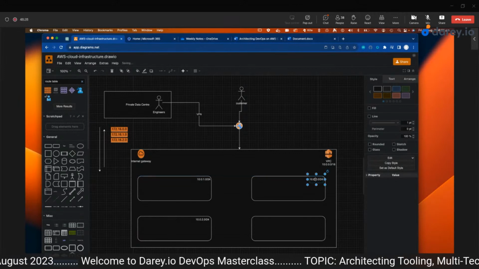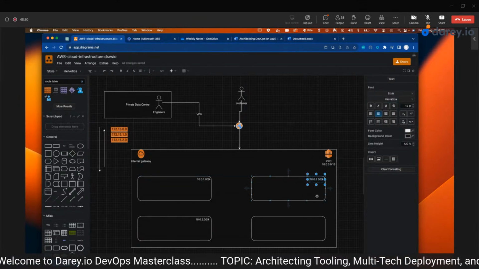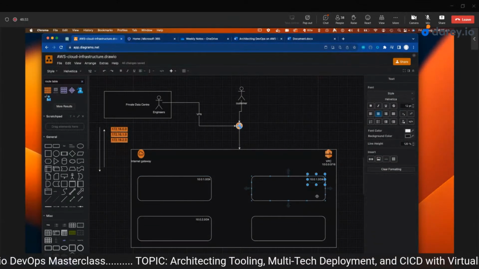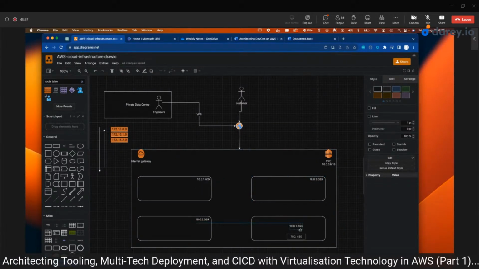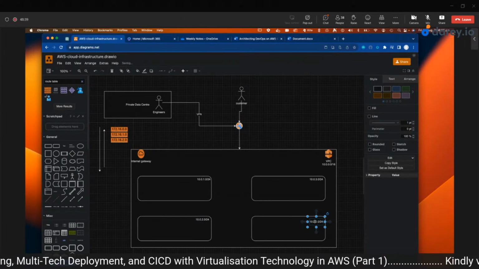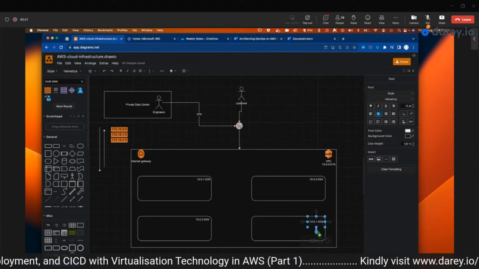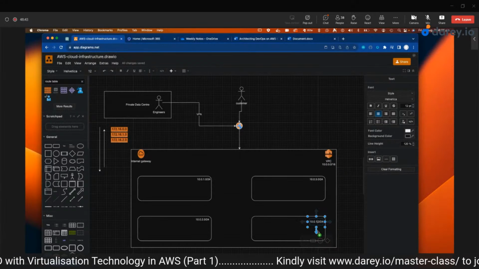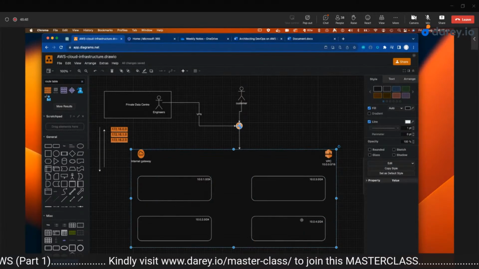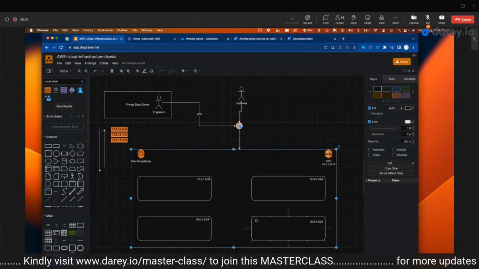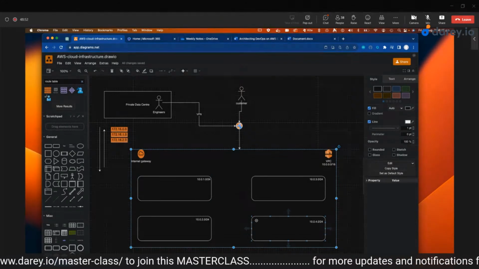And this can be .3. And this can be .4. Right? So what this means is now we have these subnets subdivided, but one good thing about the way that